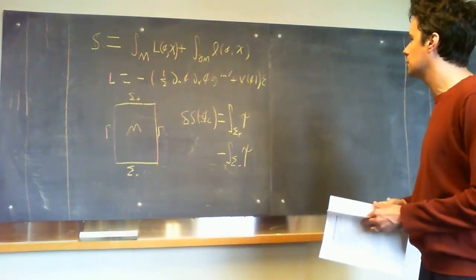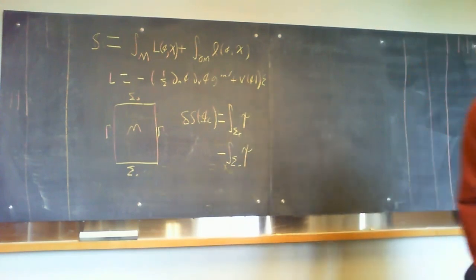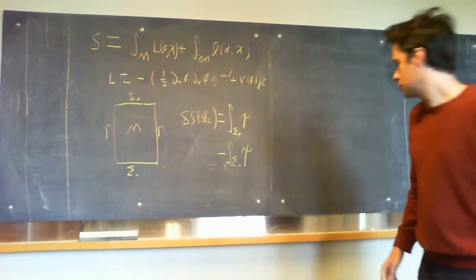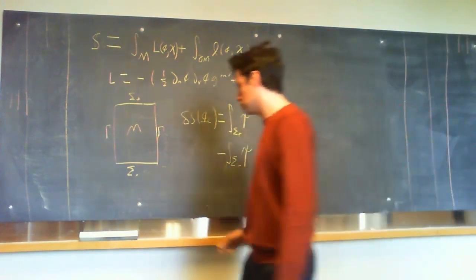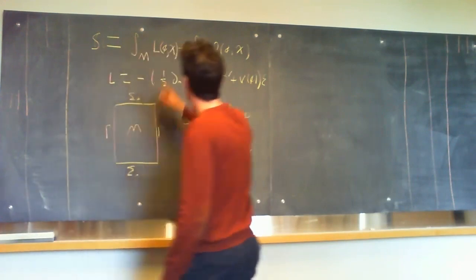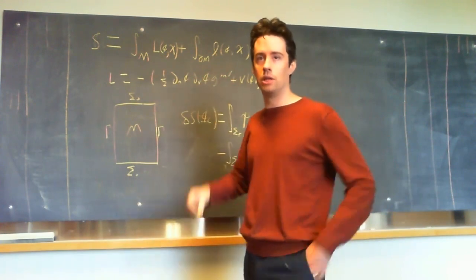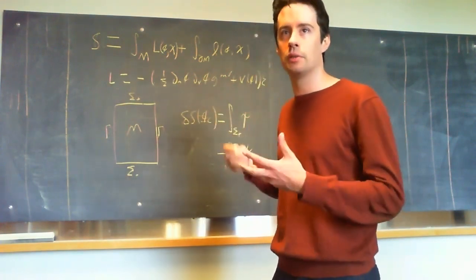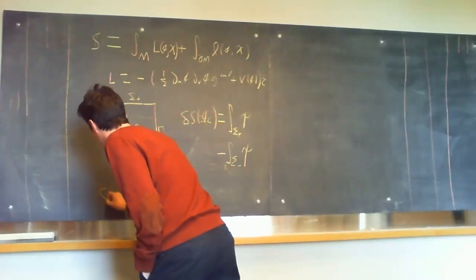Now, let's see if that's actually true by computing the variation of the action. To compute the variation of the action, there's a nice formula that we can use. For any Lagrangian form, by doing integration by parts kind of manipulations, you can show that,